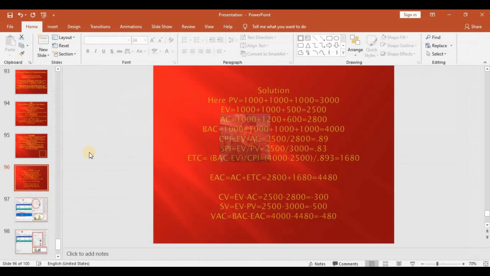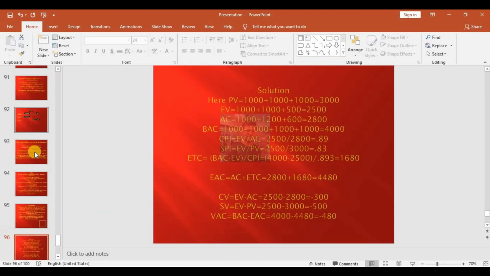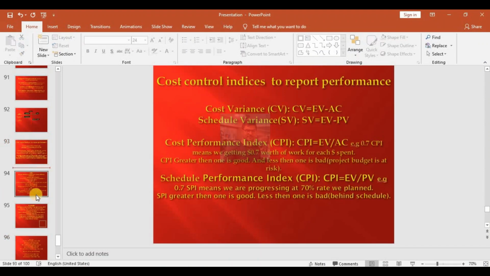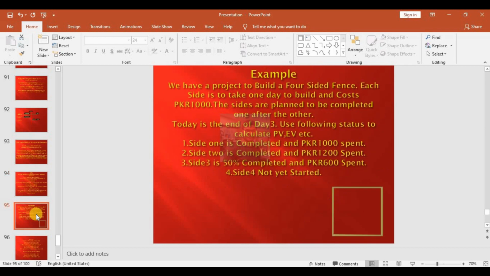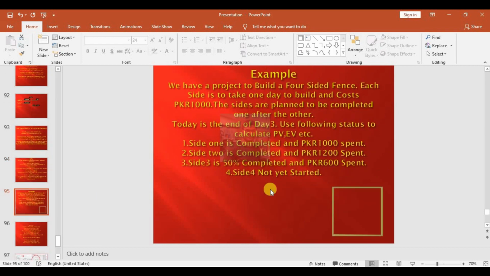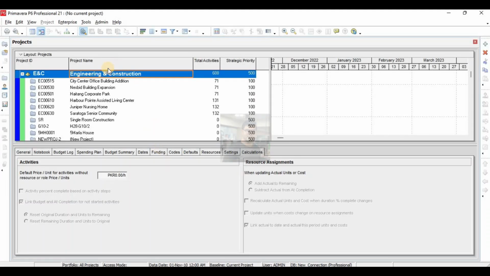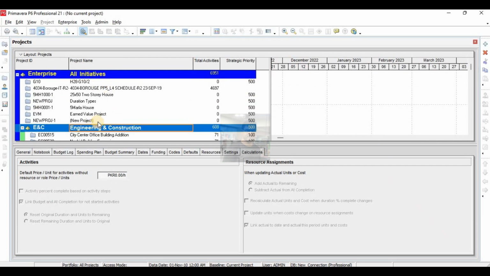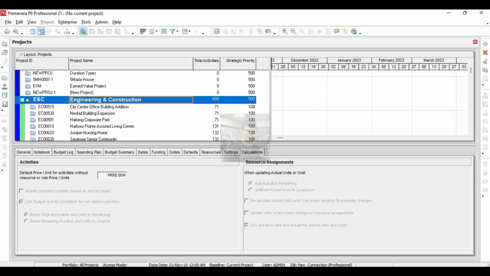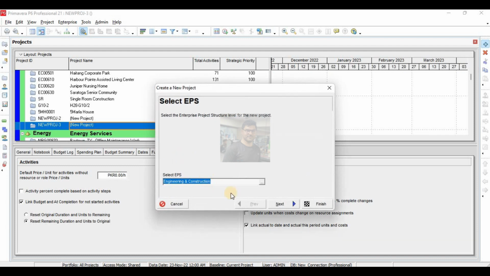To incorporate this example in Primavera, let's say this is my project window in Primavera. I will define a new project here, and for EPS I will select Engineering and Construction.